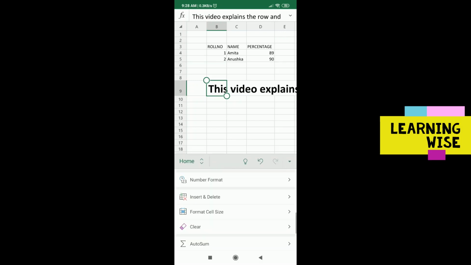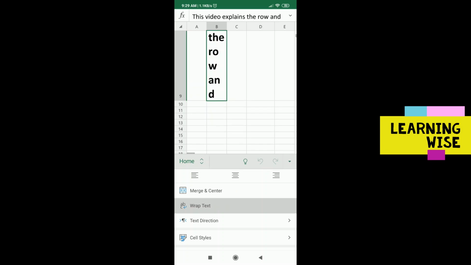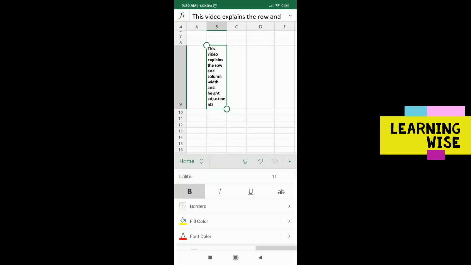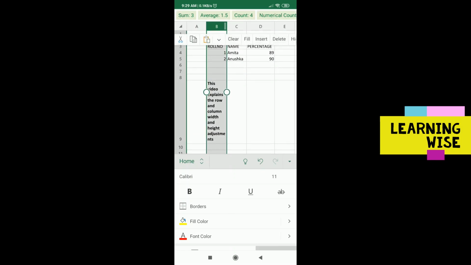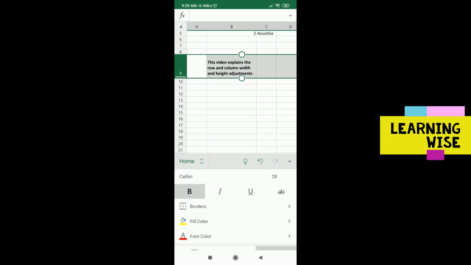Click on this arrow once again, and when you move towards the downward side, you'll see this option called wrap text. Click on this. The entire thing gets covered into it. Now let's do one more thing. Let us adjust the size so that we can see the entire content properly, and here we go. Now suppose you want to increase the column width also. Simply go and increase like this. And if you want to change the height of the row, you can do it like this. So that's how this entire function works.